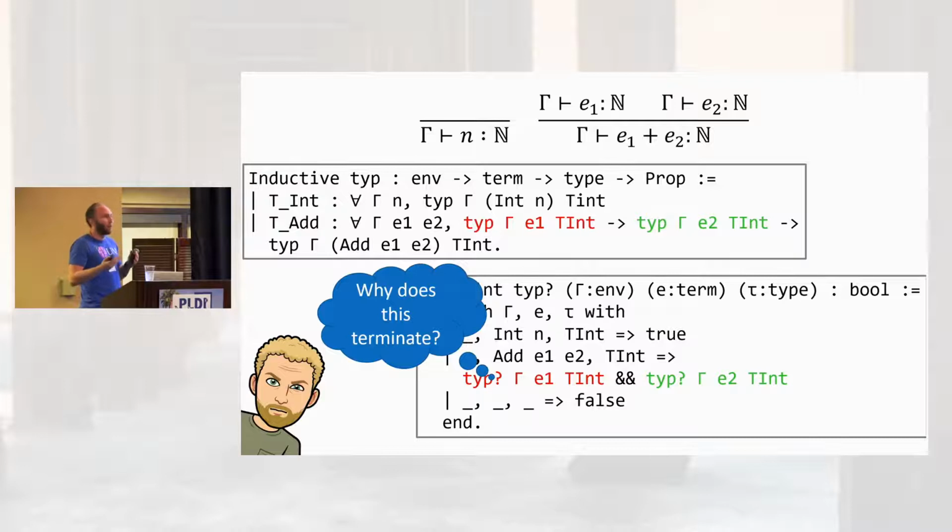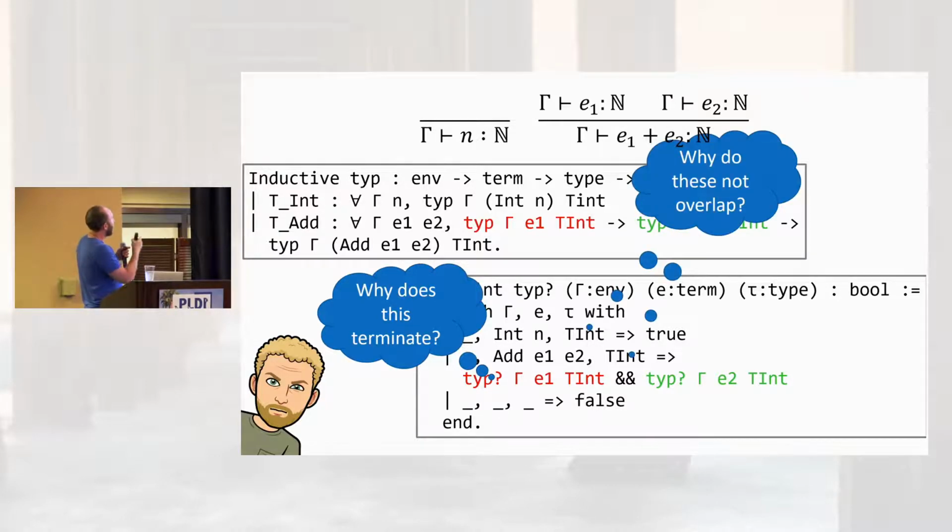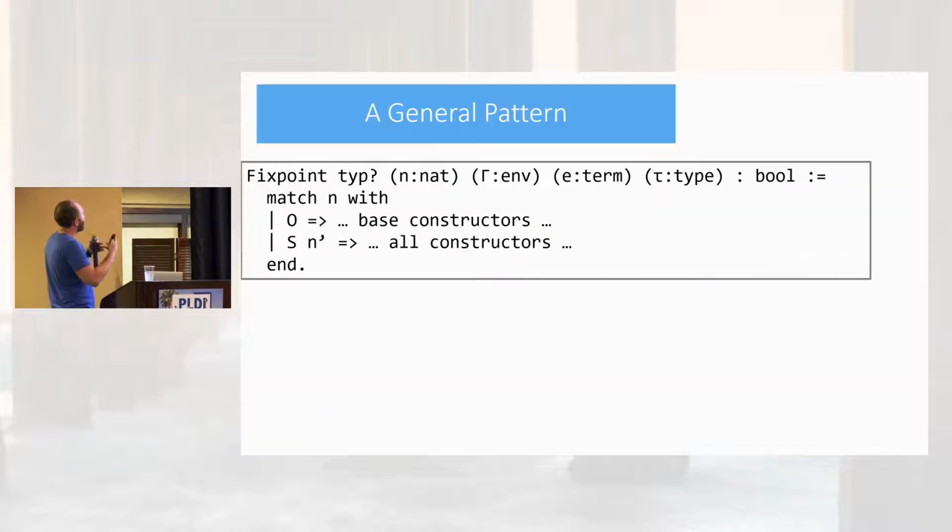And in fact, they normally wouldn't. And secondly, why do these pattern matches not overlap? Because when you have non-determinism, these will overlap. So what we're going to do is derive semi-decision procedures where we do the straightforward thing of adding a